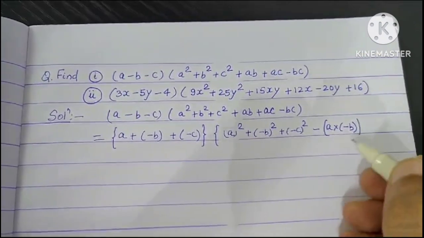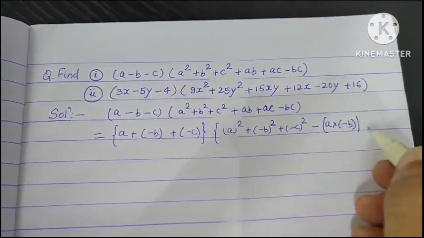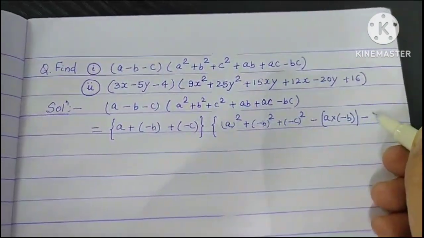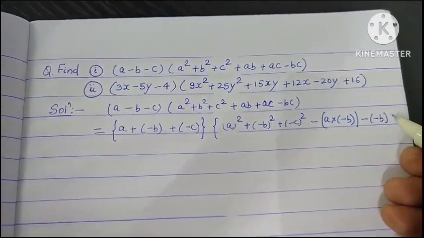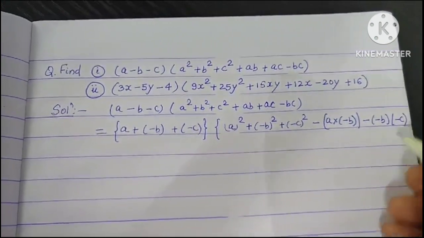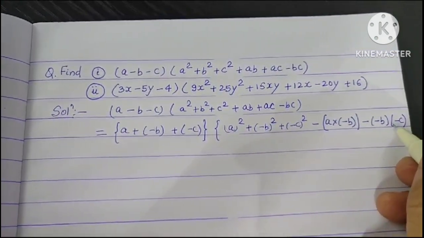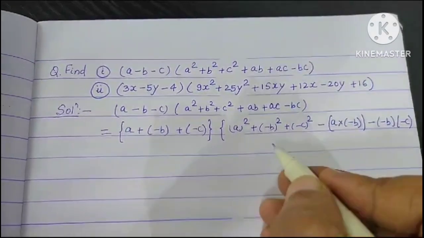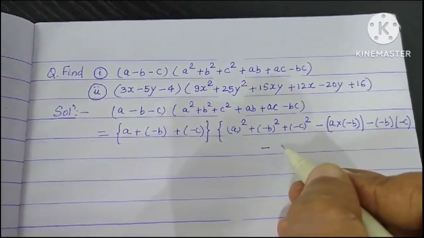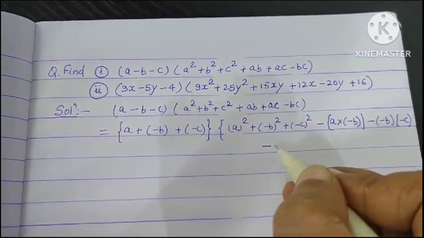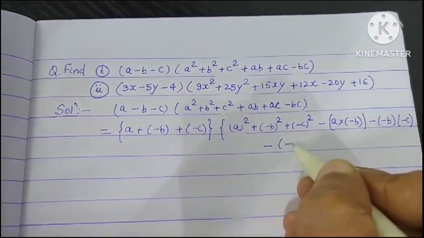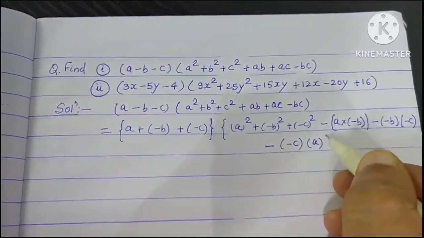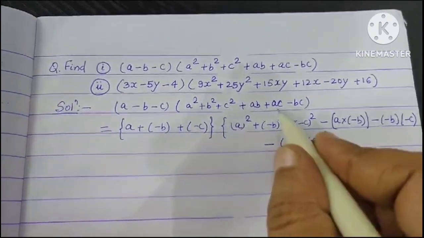Let us write it like this: minus xy minus yz. So minus y is minus b and z is minus c. So this will become minus minus plus again minus, so minus bc. And the third one is minus yz minus zx. So minus of z is minus c and x is a. So basically it is plus c, this one.